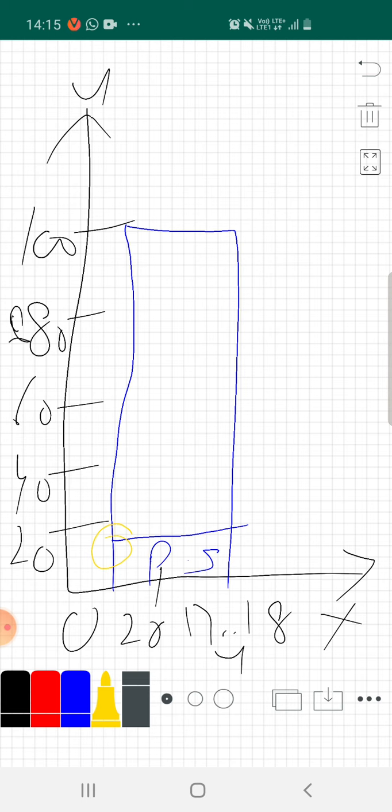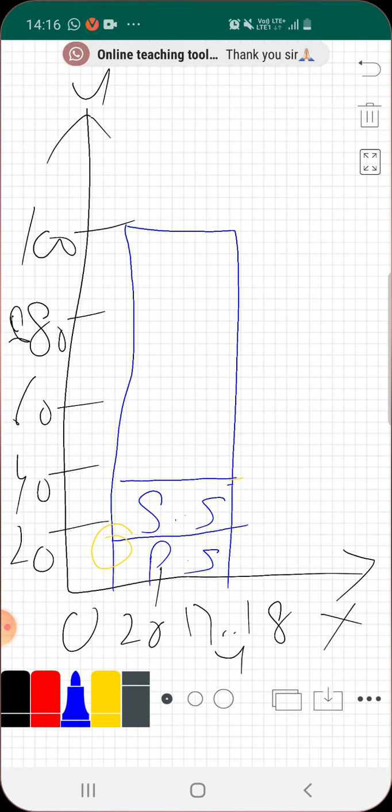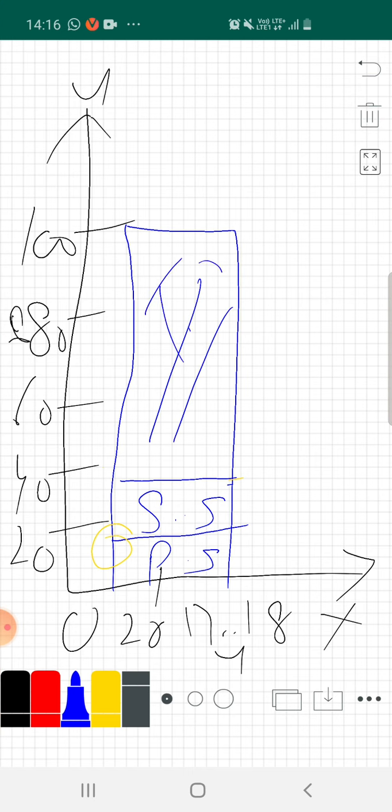So the second, or cumulative percentage, is 38.1, so we will draw up to 38.1. If 40 is here, then 38.1 will lie here. Clear? This is your secondary sector. Now the third one is the tertiary sector, that is 61.9, and according to the cumulative percentage it comes as 100, which is the sum total. So you can take this gap as the tertiary sector.